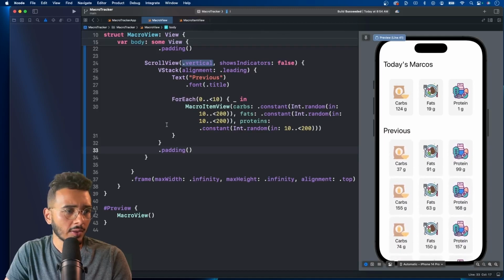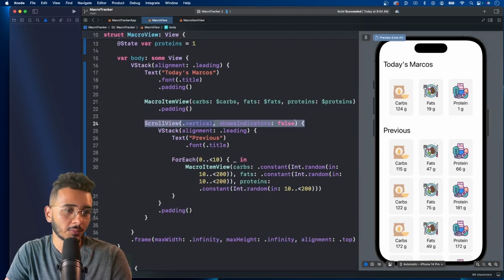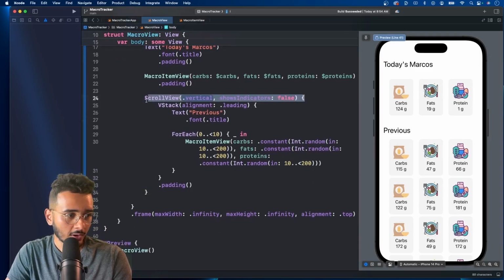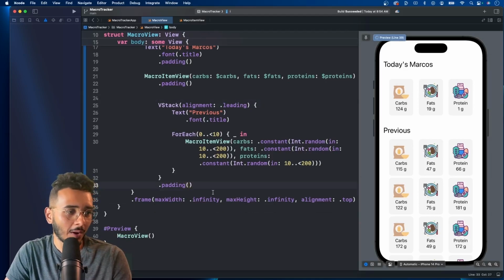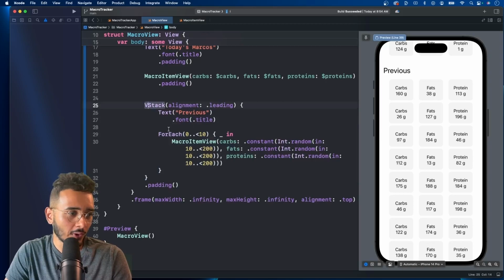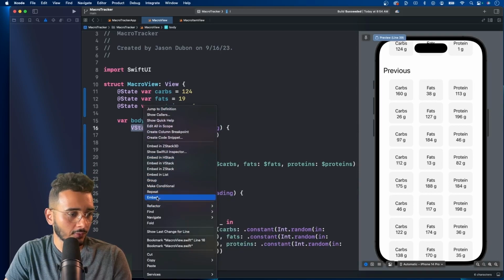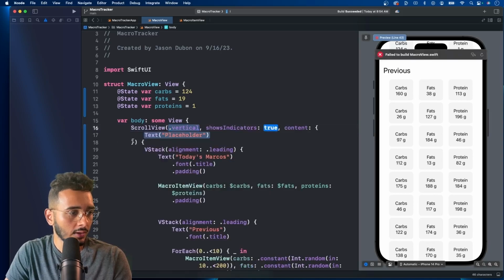And there we go. And you could remove the scroll view from here. If you wanted all of it to be in a scroll view, just be careful with our curly braces when we do this. So I'm gonna cut this. Actually, don't even copy and paste, because I'm probably gonna mess up here. So what you do is you get rid of the scroll view and we fix our formatting. And now let's just put this whole thing in a scroll view. That'll probably look better. Bring that in and